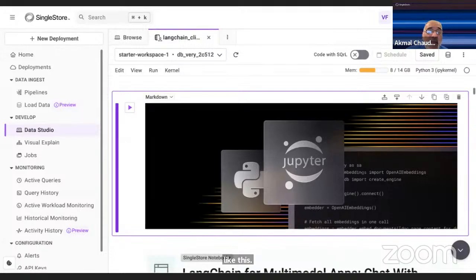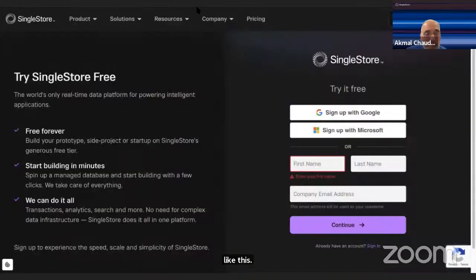So the sign up page is this: singlestore.com/cloud-trial. Very straightforward, and as I said before, it should take less than 2 minutes of your time.